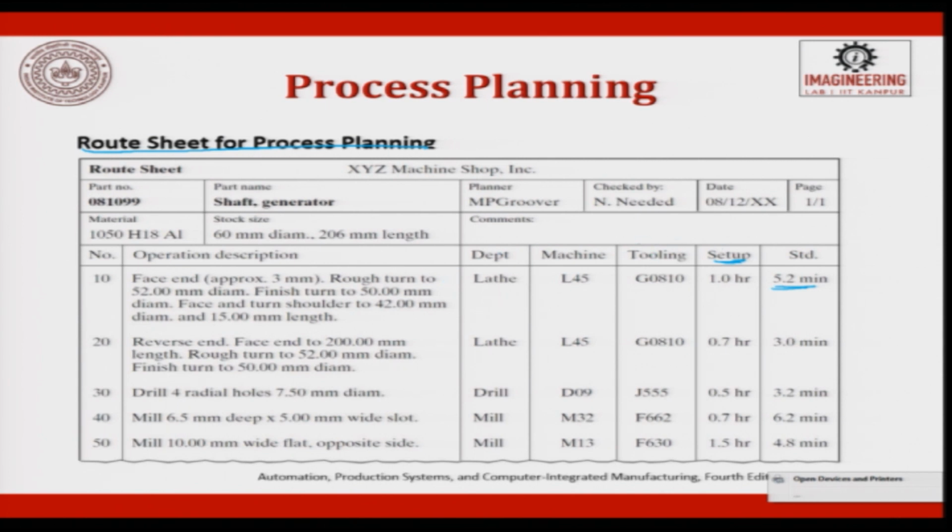So, this is a tool which is to be used on this machine to produce the part. Now when the tool is there, the tool has to be set. For setting they say 1 hour it takes, for producing one piece it is 5 minutes. So, here you try to say which department, which machine, what tool, how much time it is going to take to load the tool, and after loading the tool how much time it is going to take for machining the job. 5.2. So, like this the entire detail will be given.